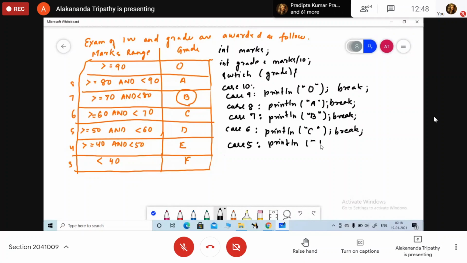Println D. Break. Case 6. Println. Ma'am, case 4.